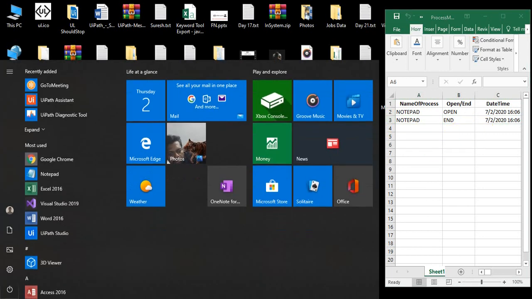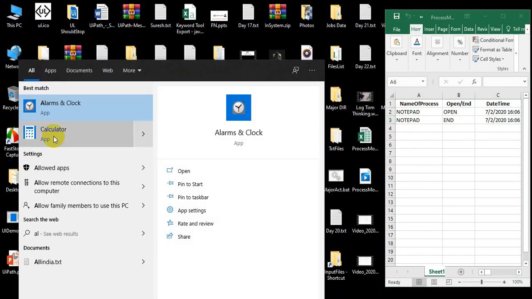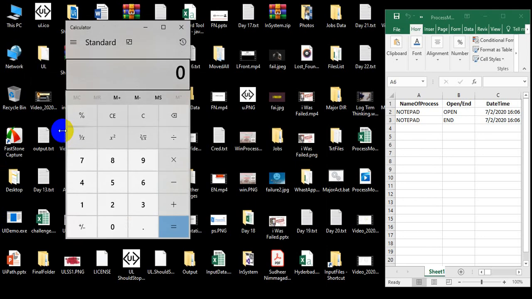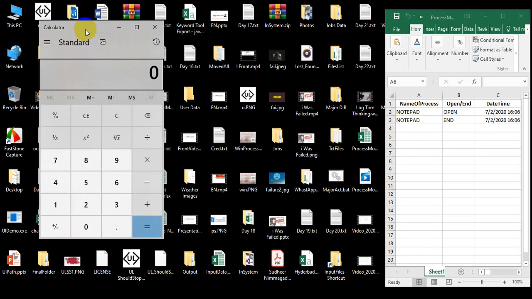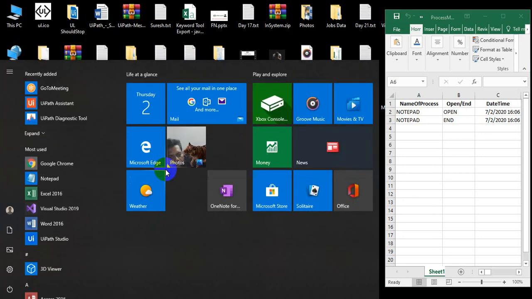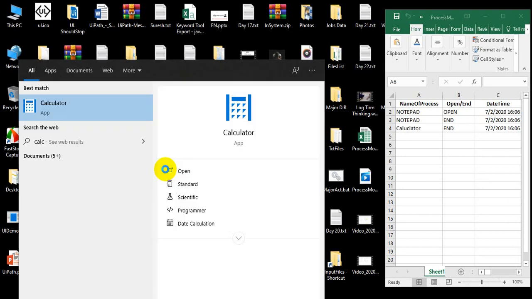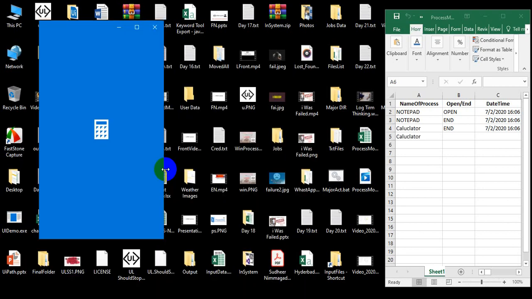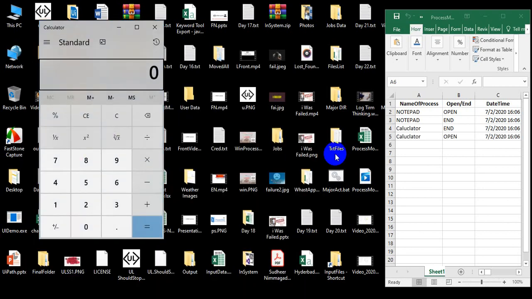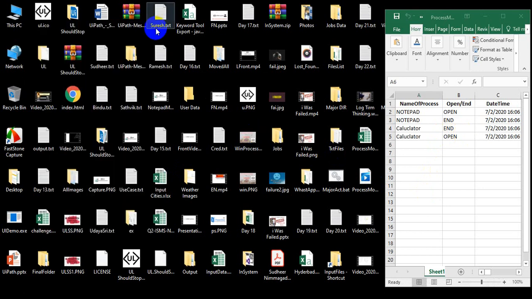Okay, let me open the calculator. Once I open the calculator, it says open calculator, and when I close it, it says close calculator.